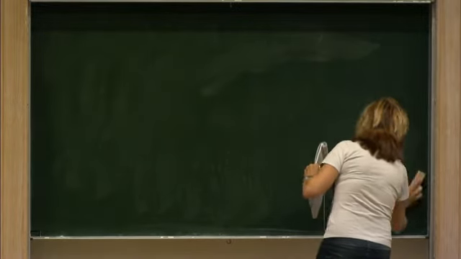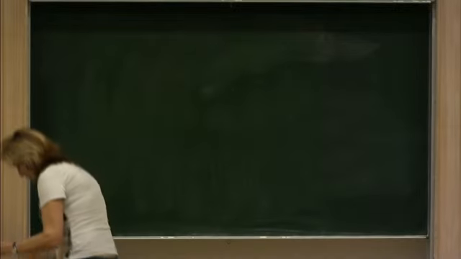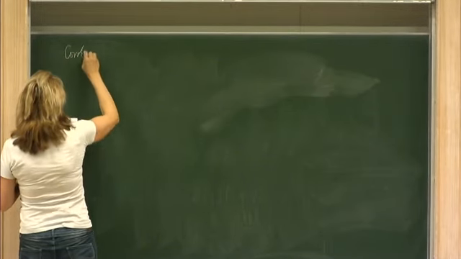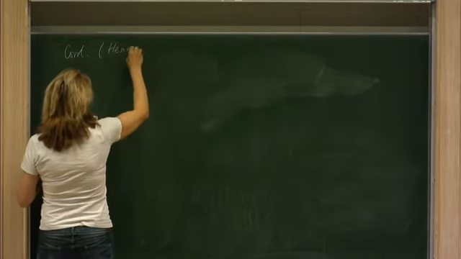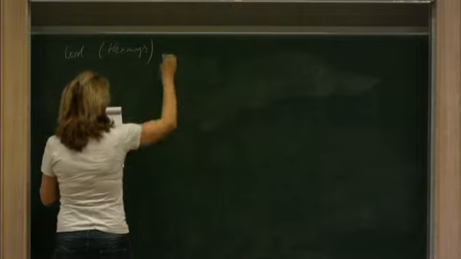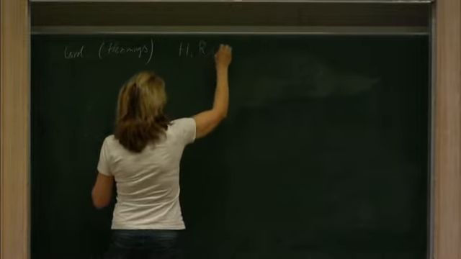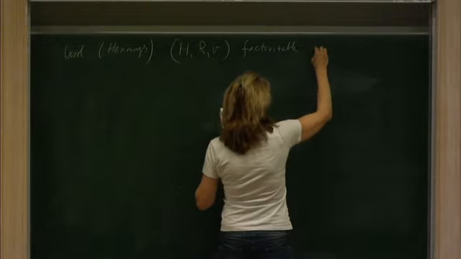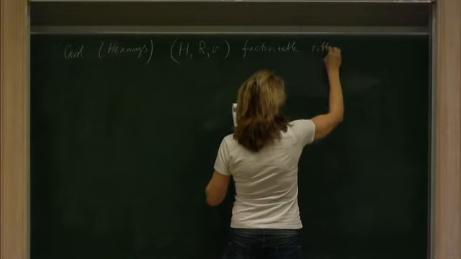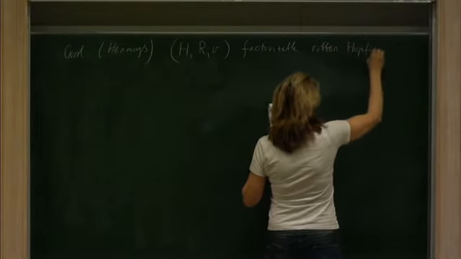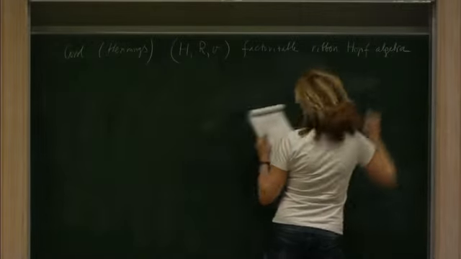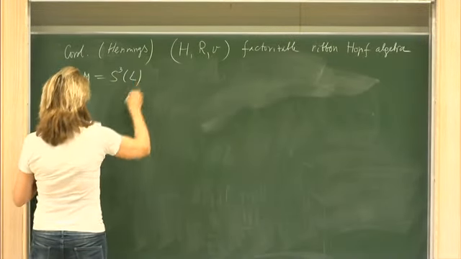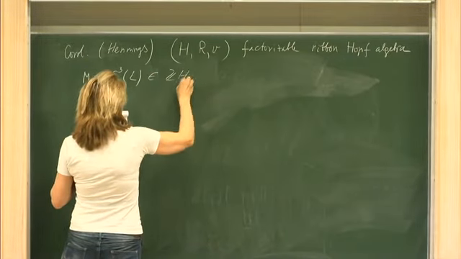So, adapted to our setting, a corollary of Hennings' theorem tells you that if you have a factorizable ribbon Hopf algebra, and M is also a homology sphere,